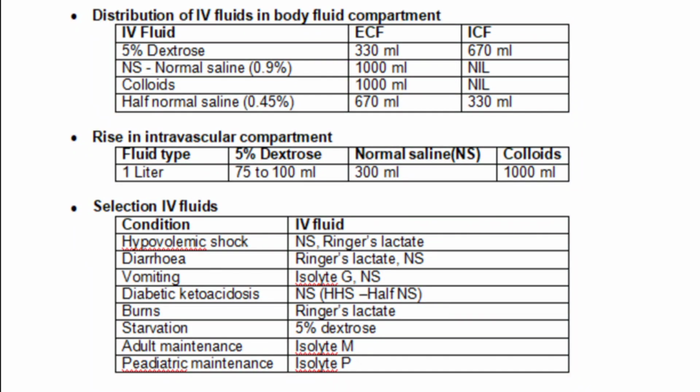Normal saline is the best fluid compared to all other fluids, because if you give 1 liter of normal saline, only 30% will remain in the intravascular compartment. The rest may shift to the extravascular compartment after some time. If you give dextrose, nothing will remain in the intravascular compartment. That is a problem. If you give albumin, the full amount will remain in the intravascular compartment, and it also pulls external fluid inside, but the problem is it is very costly. So comparing all these factors, the best fluid of choice is always normal saline.